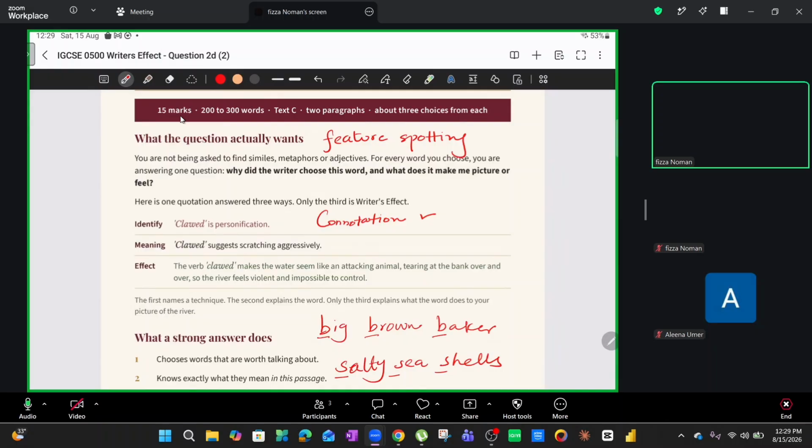So let's suppose we use the verb clawed for water. Now we know that the water cannot possibly claw, right? Water has no claws. But if you're using it for water, then that also is personification. You can also write down that even though it's been used as a verb, it can also be defined as personification. Make sense? And it's defining the water as violent, unable to be controlled. It seems like it's tearing at the bank, right? It's impossible to control, and so on and so forth. We were able to easily define meaning. Does that make sense, Alina?